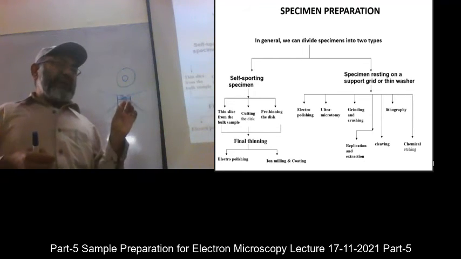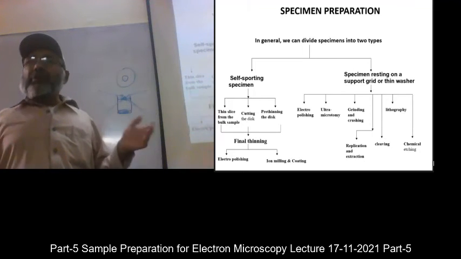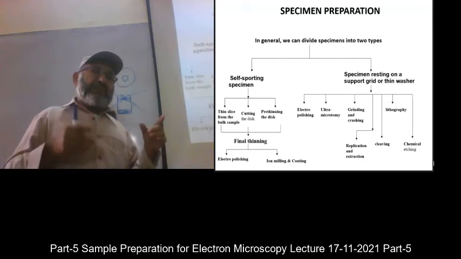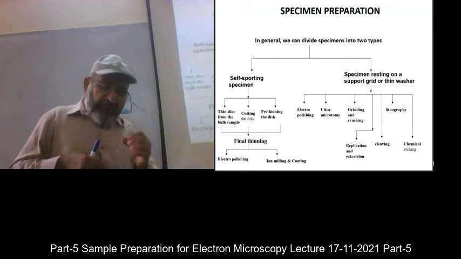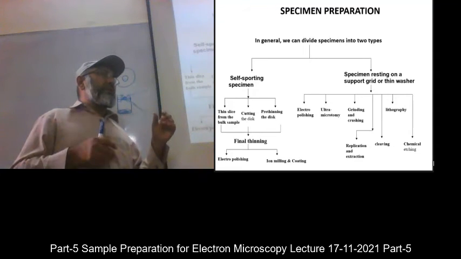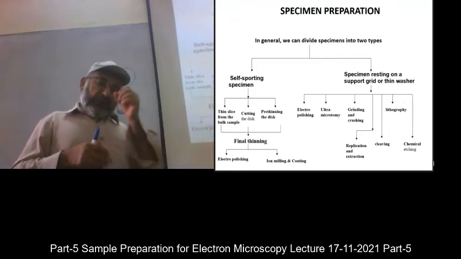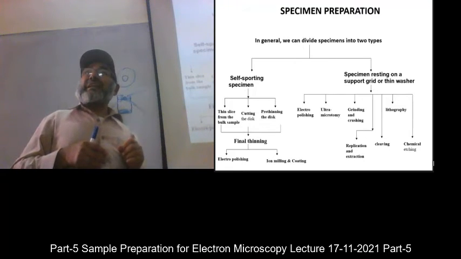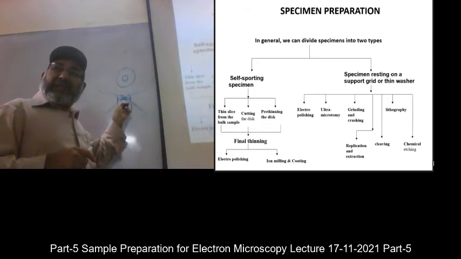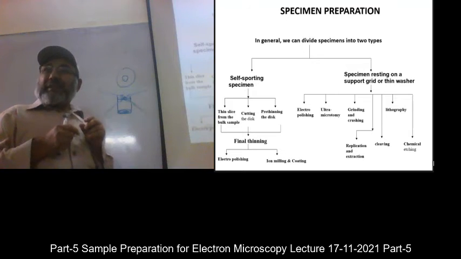In this way you thin the middle of the sample in a very controlled manner. After each hour, 2 hours, 3 hours, depending on the thickness of the sample, you come and look into the sample. Usually there is a fine small microscope fitted over the sample holder, and you look into it to see how thin it is. If the thickness in the middle decreases and you see light there,